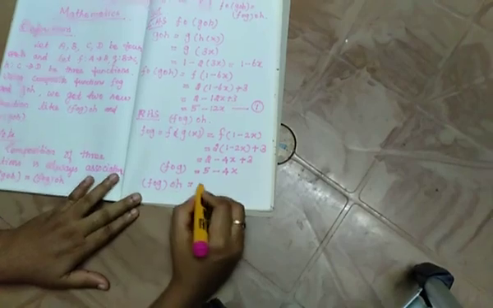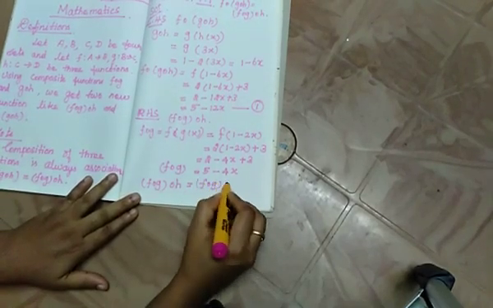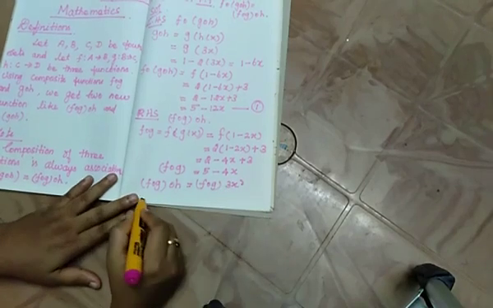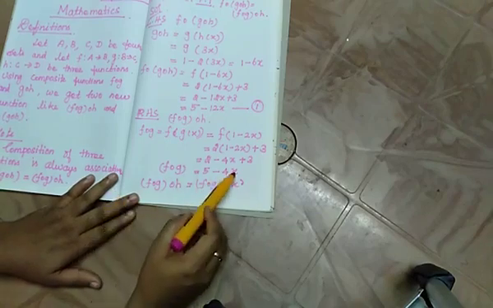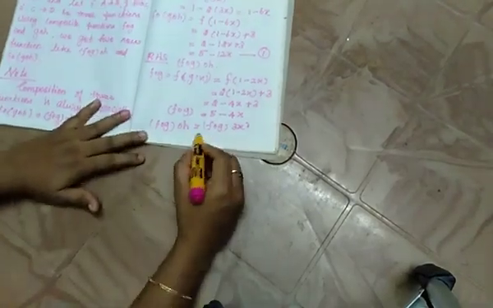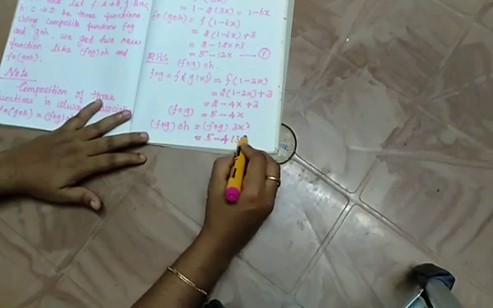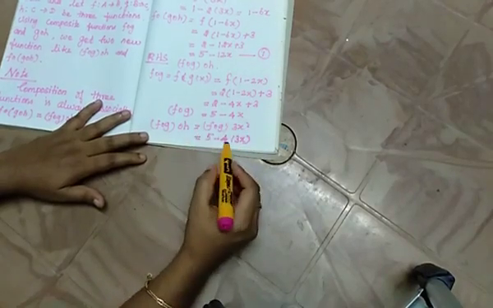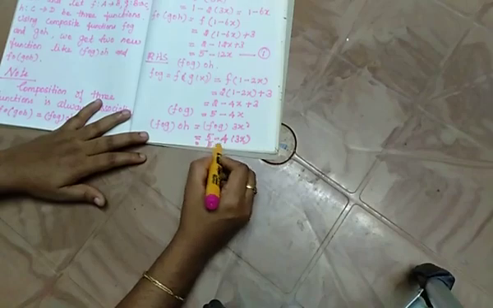Yeah, f of g of h, isn't that? So f of g of h of x is, now f of g is 5 minus 4x. In the place of x, substitute. So 5 minus 4 into 3x. So which is equal to, what we will get? 5 minus,